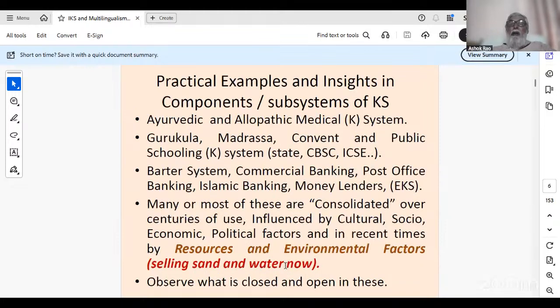Okay. So let's look at some practical examples to get the idea of what we are talking. If you look at healthcare, the dominant systems of medicine practiced in India today, one is Ayurvedic, the other is allopathic. Okay. Allopathic medical knowledge system, Ayurvedic medical knowledge system. If you look at schooling, you have a Gurukula model, the madrasa, the convent, public schooling, all that. If you look at the economic part,